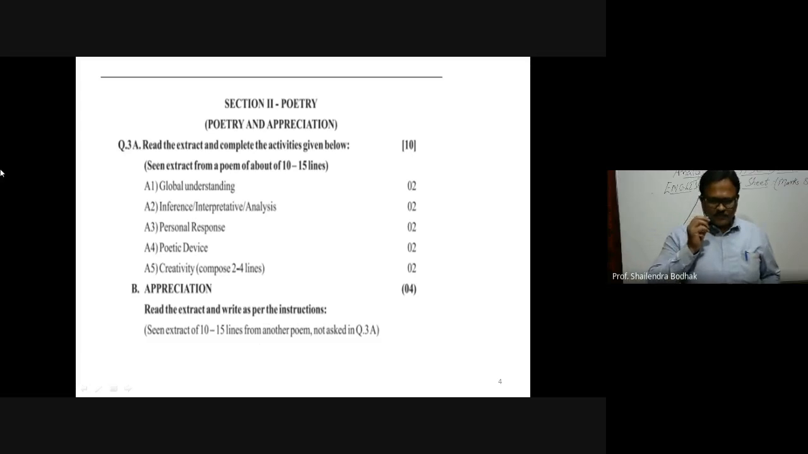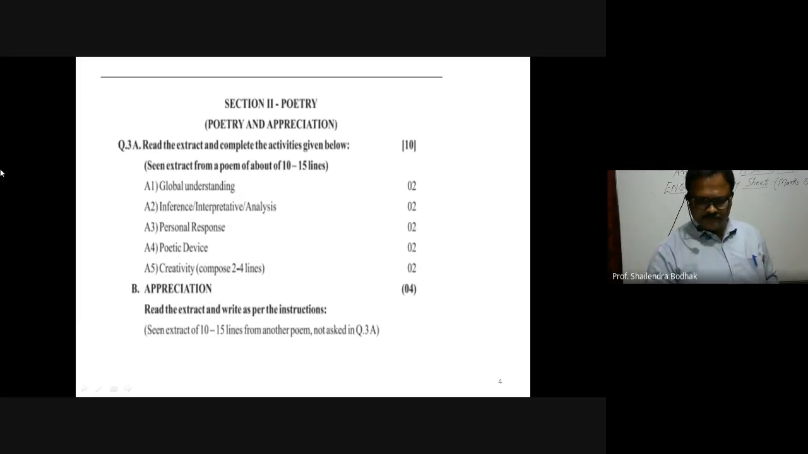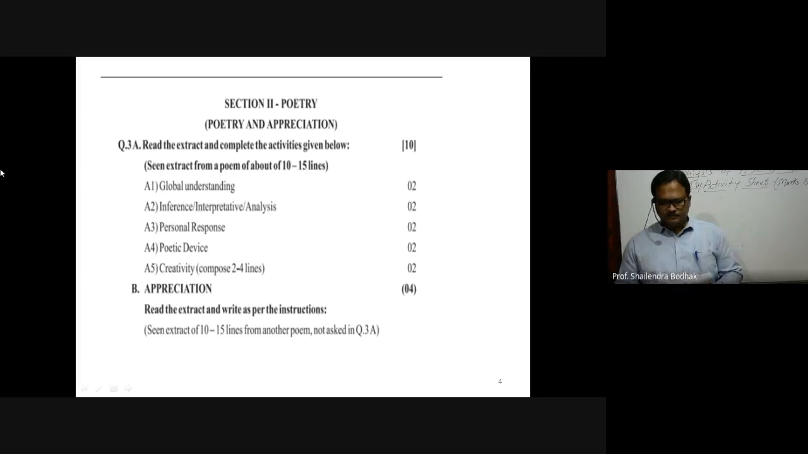Then one more question is there, that is question third A, that is appreciation. Read the extract and write as per the instructions. Seen extract of 10 to 15 lines from another poem. Means another poem will be there, and you have to appreciate the poem. Appreciate means to find out the good qualities from the poem. That is, read the extract and write an appreciation